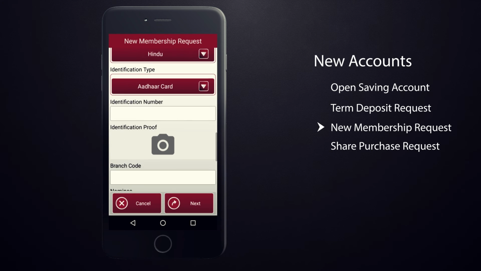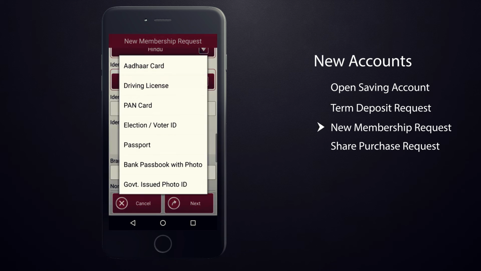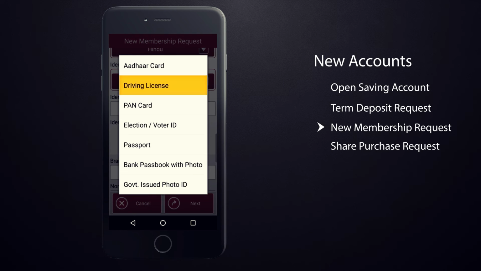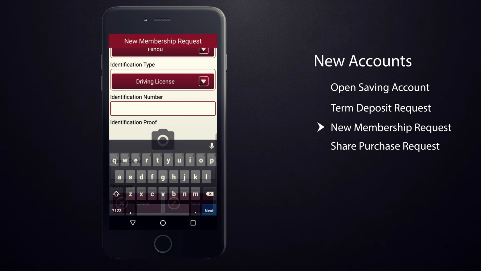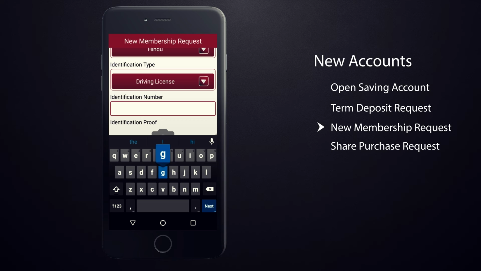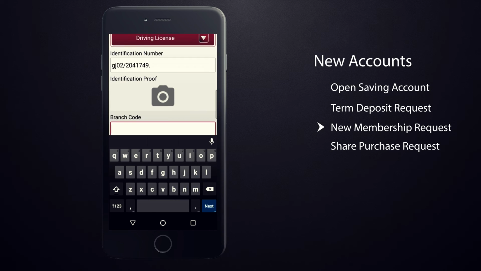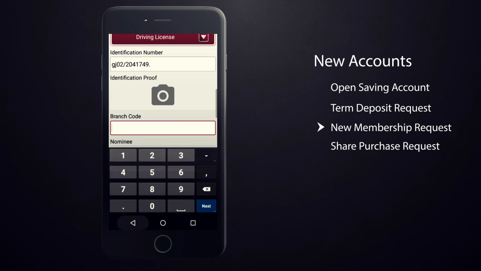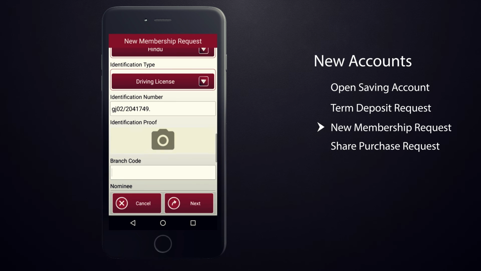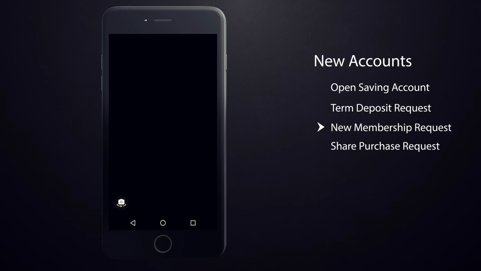Select the type of photo identification proof from the drop-down menu. Tap on the camera icon to capture the image of selected ID proof.